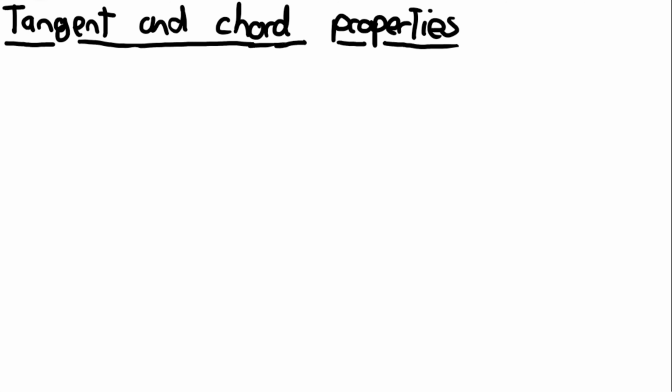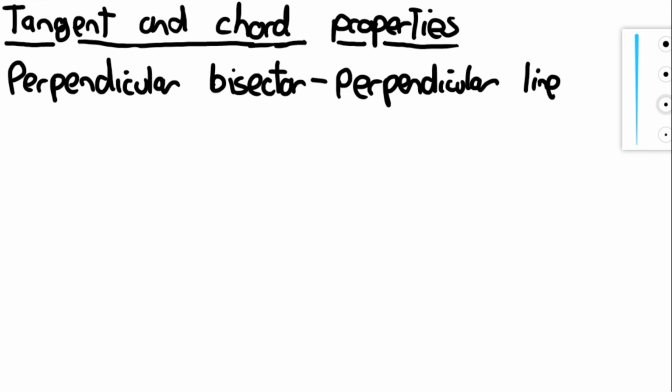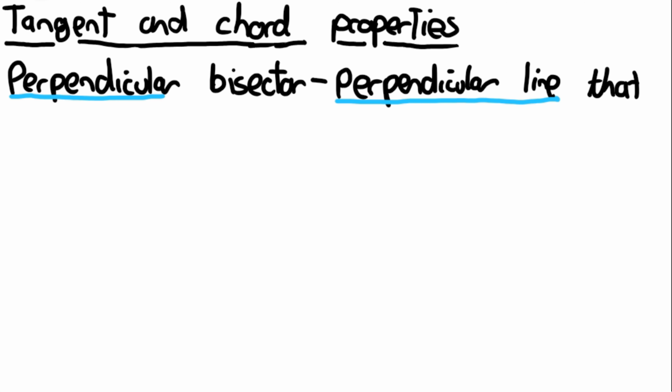So before I talk about chords, I just want to quickly talk about something called a perpendicular bisector. So what's a perpendicular bisector? Well, a perpendicular bisector, as you might guess from the first part, is a perpendicular line. And it's a bisector. So what does the term bisect mean? Well, the term bisect means that you split a line into 2 equal parts. So a perpendicular bisector is a perpendicular line that splits